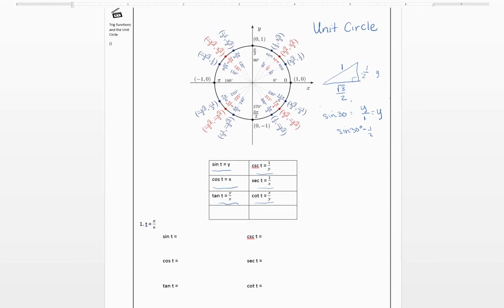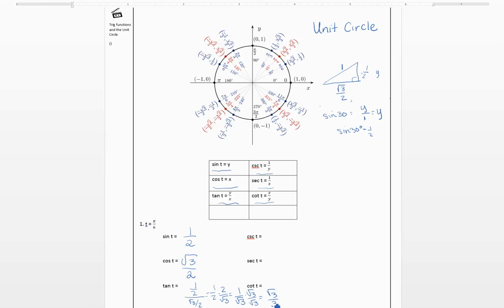So for example here, if we want to look at pi over 6 and we want sine of that angle, we're going to go to pi over 6 like we just did with 30 degrees, and we're going to take the y coordinate, which is just 1/2. Cosine will be the x, square root of 3 over 2. And tangent will be 1/2 over square root of 3 over 2. Which, remember, when you're dividing fractions, take the top one and multiply by the reciprocal. So we'd get 1 over square root of 3,